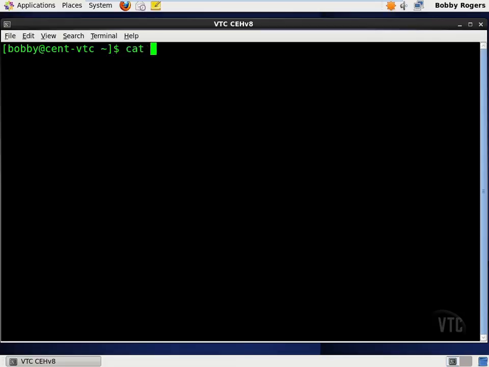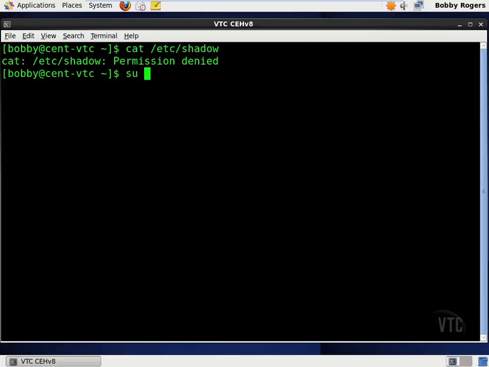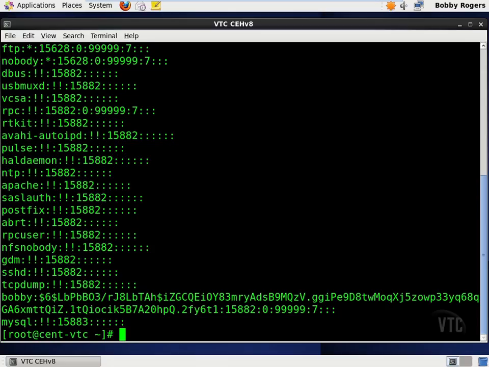And if I were just to say cat /etc/shadow, I would not be able to because I'm not logged in as root. In Linux, only the root user can read /etc/shadow. So we have to su to root or sudo. And now I can say cat /etc/shadow. And if you look, there's a lot of accounts here. Some of these are machine accounts, but I have a Bobby account down there,